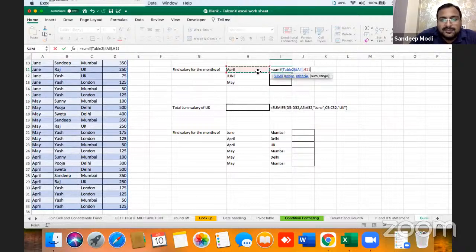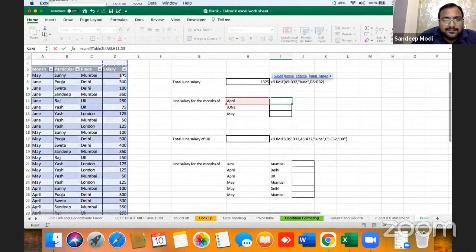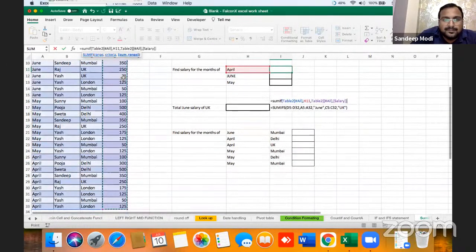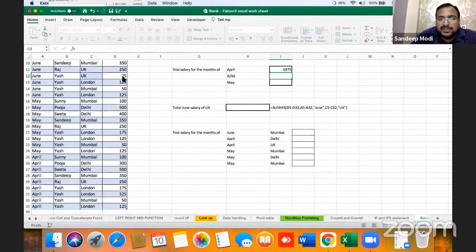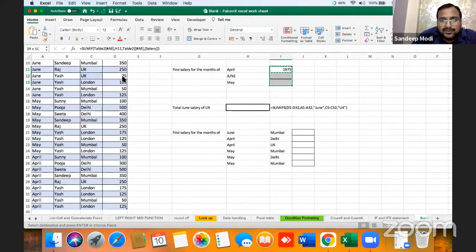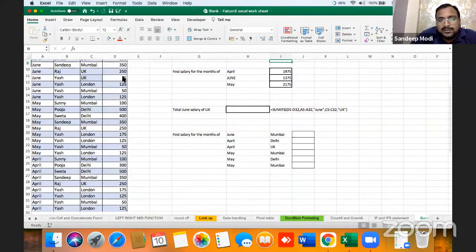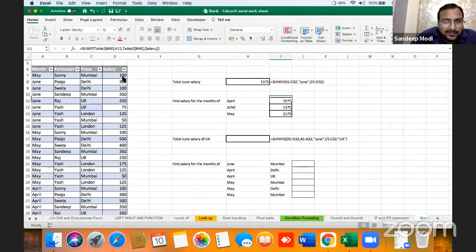Criteria is this, and my sum range is this. Bracket close, enter. We got the value. Now if I drag, I will get everything. This is how you can use SUMIF formula for getting all the values.